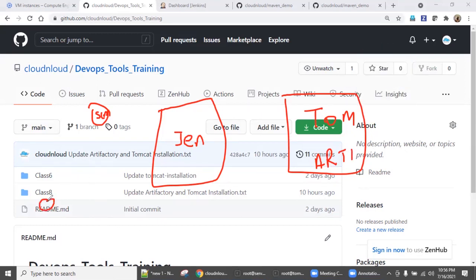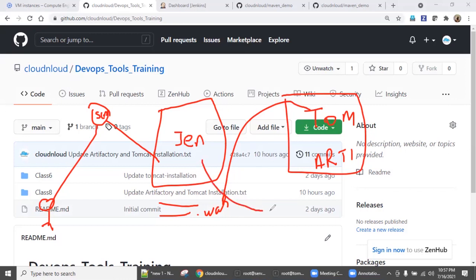So I am a developer. I change some code and commit it. The moment I commit, Jenkins, which keeps on monitoring, says, hey, you got some changes. It gets this, compiles, builds, prepares the web archive file, and deploys it to the web application server. Whenever I'm doing a deployment, automatically and in parallel, we are storing it in the repository management.